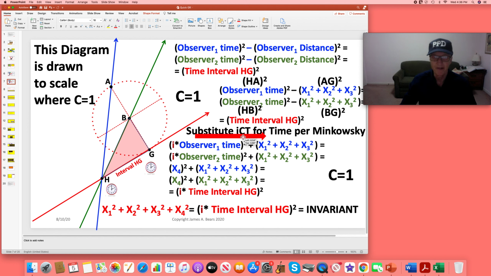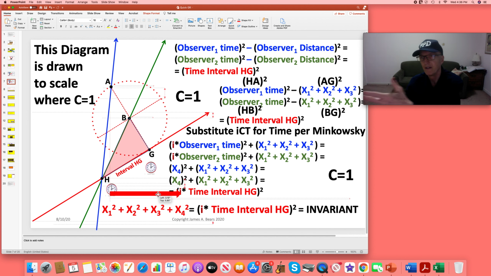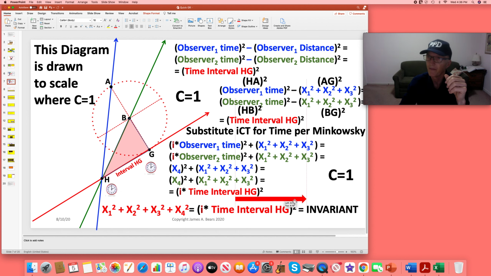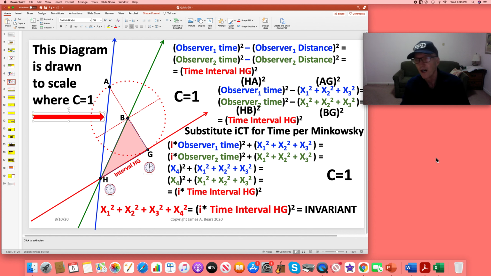So what happens is, and you can follow through the arithmetic, if you arbitrarily make one term negative that isn't, then the term that is negative has to go positive. It flips it. So that's what we see here. We put the I there, which is going to introduce a negative to just this term, and then this term, which was negative, suddenly has to be positive just to make the arithmetic work. And the same with this other thing. And then the time interval HD, that one has a negative, so you're putting a negative across both sides of the equation. Now, if you say 2 times 2 equals 4,